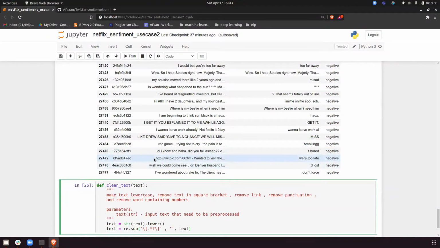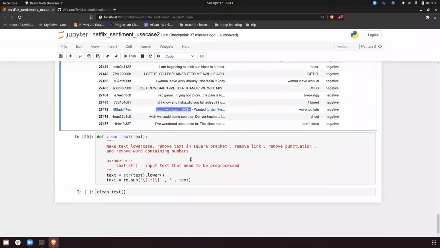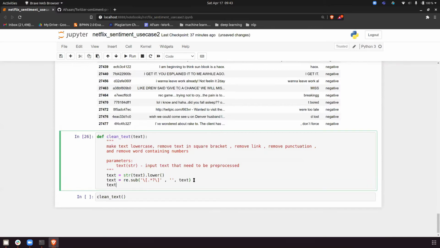Now we have to remove this HTTPS. To remove this, we have to use regex again. So let's try to remove that. text equal to re.sub, then HTTPS, then question mark, since it can be HTTP or HTTPS. See, if you don't know regex, then it will be very tough. So please revise regex today. If you're not understanding things, then you have to revise regex.